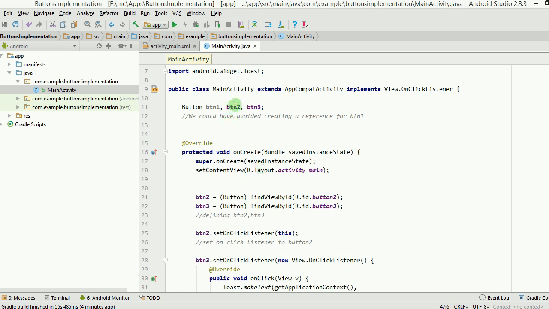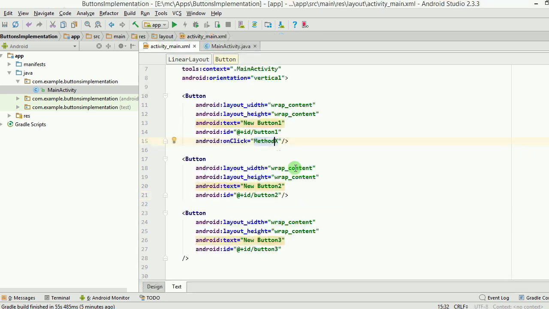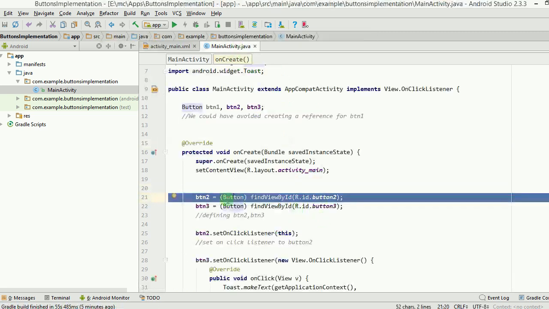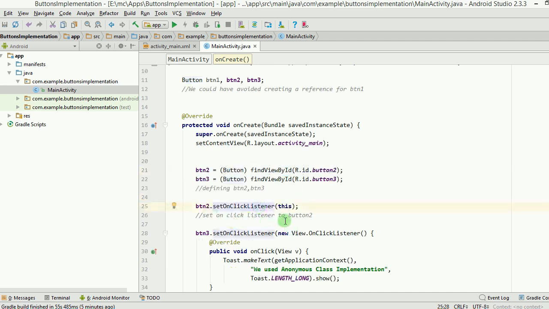The method 2, or the second implementation, is btn2 here. I have created a reference here for button 2, btn2. Within the onCreate method, I am defining this button. btn2 is equal to Button findViewById R.id.button2. This is the ID of the button which is present here, and you can see that we have also typecasted it. We defined button 2 here, and then what we need to do is set a listener onto this. It's setOnClickListener, and you can use this once you have the